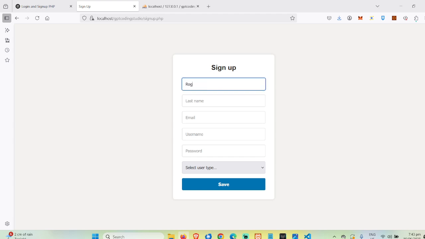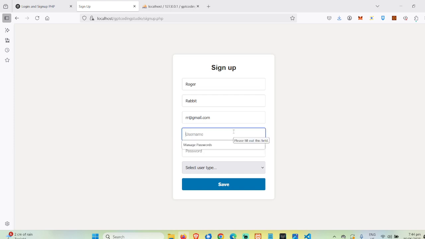We could try Roger Mick. Anything goes. Roger Rabbit. Email, any email, rr@gmail.com. We don't have a handle for this yet. We don't have email confirmation yet. So it's now asking for a username. We could modify that later so that your email would become your username. For now, we'll just test what ChatGPT has provided.